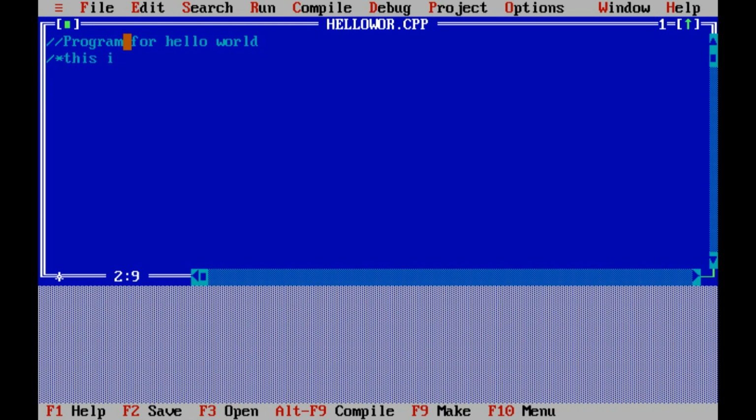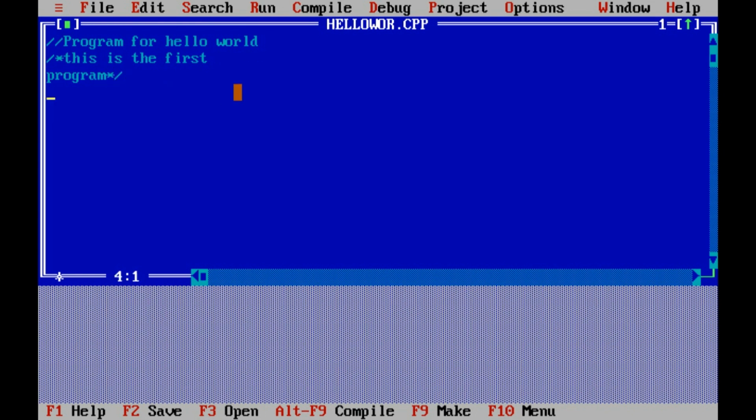For example, this is the first program, and you are writing on a new line, so you will write like this. Slash asterisk indicates the start of the comment, so you have to close it. Asterisk slash will indicate the end of the comment.